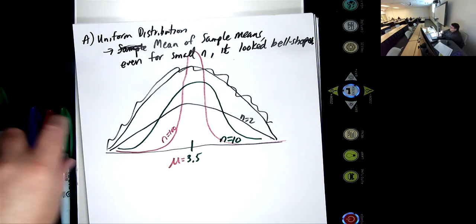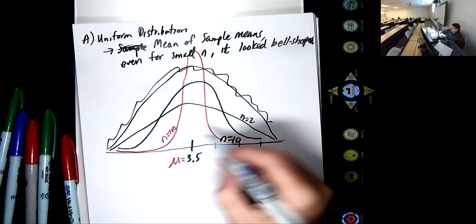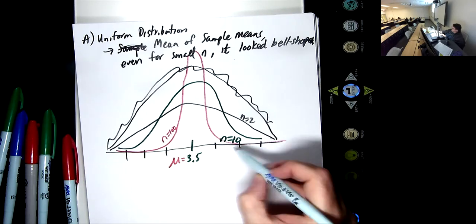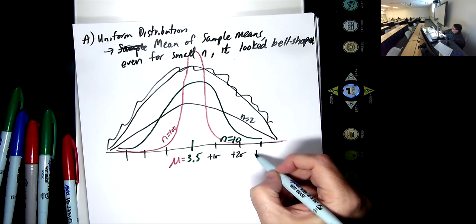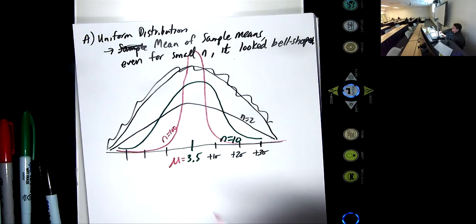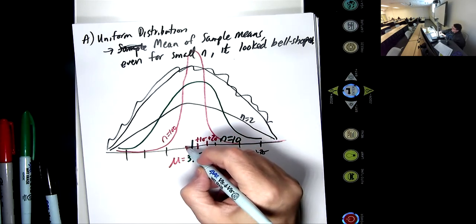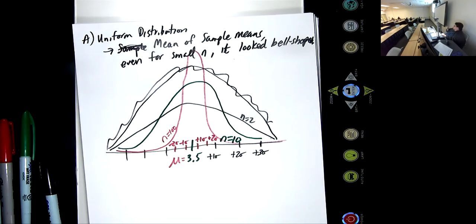The standard deviation, which for those of you that did well on this problem on the test, tells us how many steps away we move. Where n equals 2, this is plus 1 deviation, plus 2 deviations, plus 3 deviations. But when n was 100, the deviation was like that much. It was much smaller, and that's why it was so narrow. So the deviations changed. It got a lot smaller because we're dividing by the square root of n.